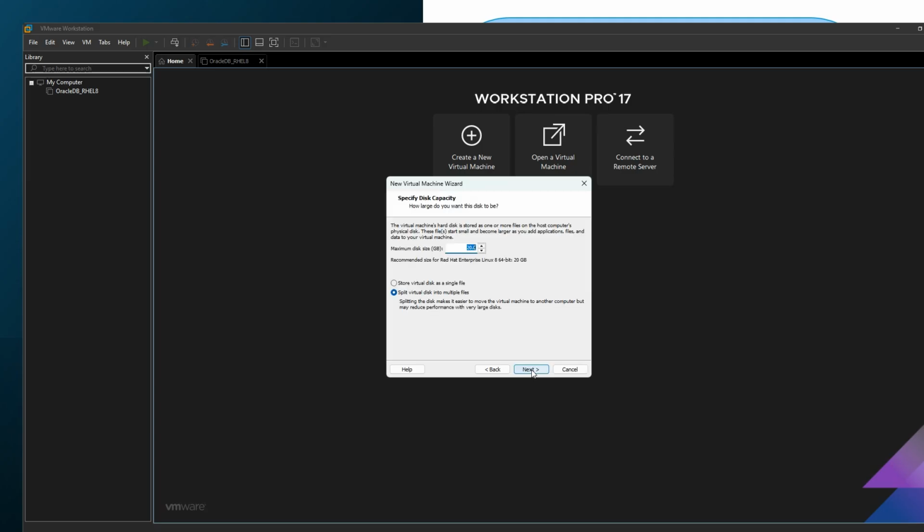And then you can give a disk size minimum. You can give 20 GB or 30 GB, whatever. So I'm giving 20 GB. We don't need a huge disk space at this point of time. We're just trying to set up the lab. So you can store this virtual disk as a single file. Okay. If we split into multiple files, it will be difficult to identify and copy things. I'm just creating a single disk file with 20 GB,